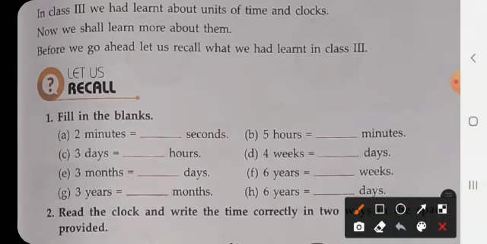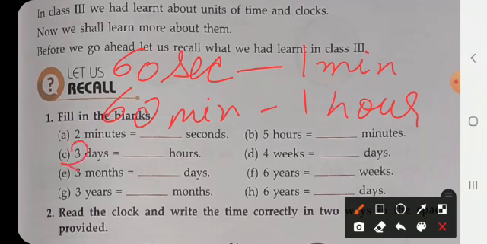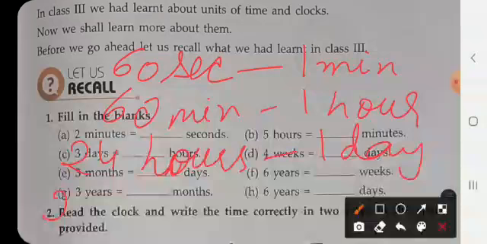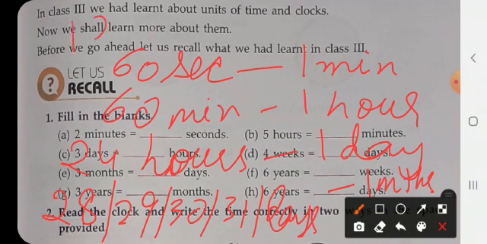So in time we know that 60 seconds make 1 minute, 60 minutes make 1 hour, 24 hours make 1 day, and 28, 29, 30 or 31 days make 1 month, right? And finally 12 months